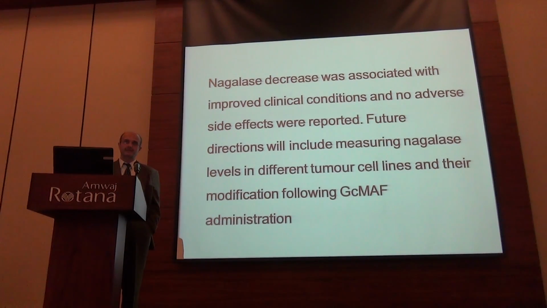Lots of things here can be discussed, lots of ideas are there, and probably we need to have a more in-depth look at what happens when GcMAF interacts with, for example, tumor cells and the sort of signaling that you see. The same thing applies for the first part of the talk with PV2 cells. Now, as Professor Marcus said, they're going to do microarray studies to look at hundreds of genes and what happens to them. We can do the same thing for all cells, different cell lines, different cell types, and see which genes are upregulated or downregulated.